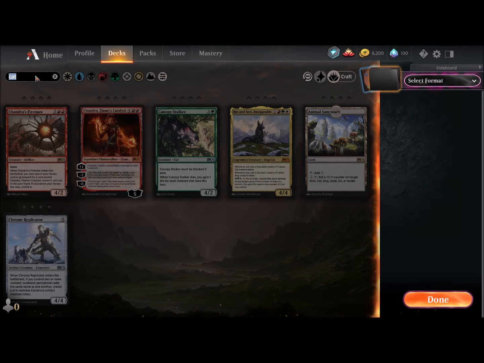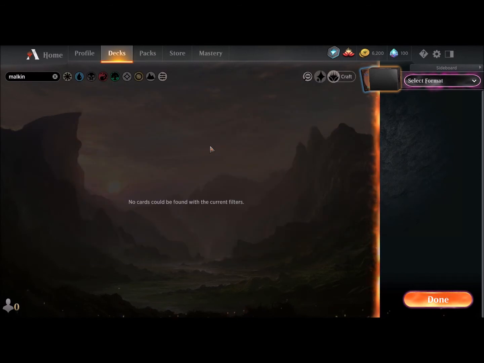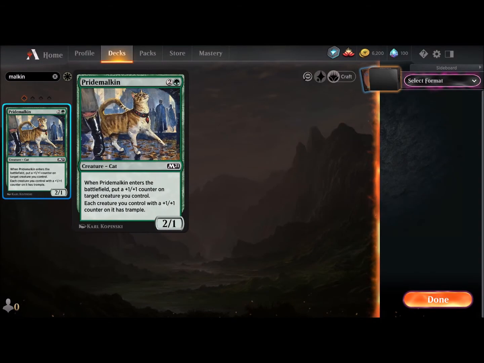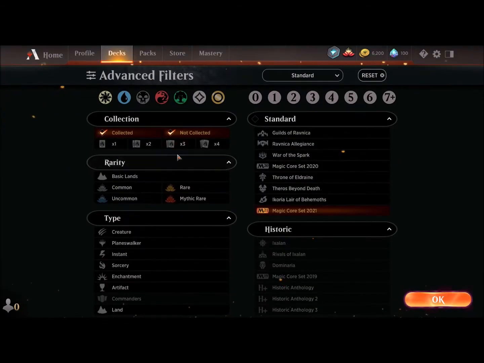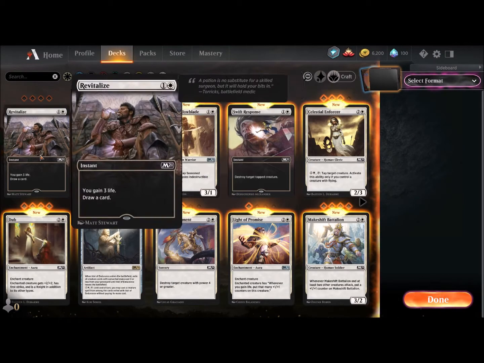I didn't see the Malkin. Is he not a cat? Huh. Did I collect him? Oh, I did have the Pride Malkin. Well, for fun's sake, let me see. Let me go over these again, because I thought...